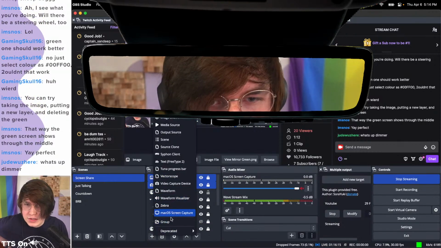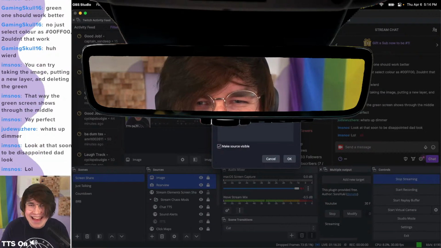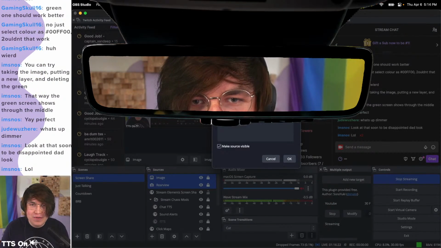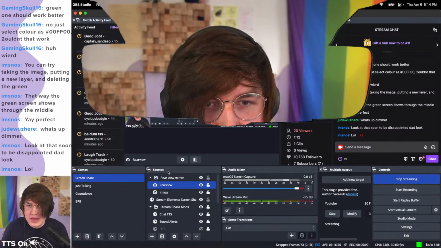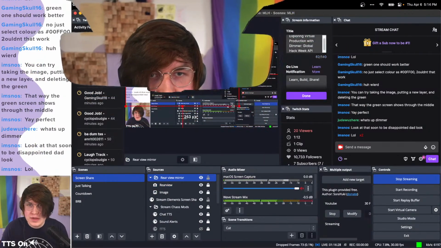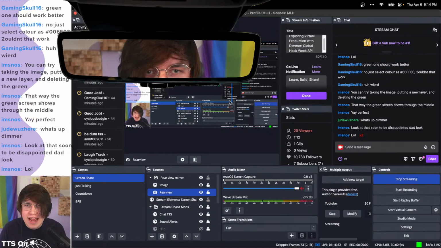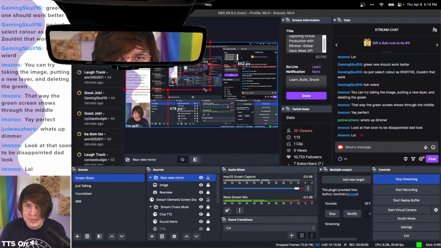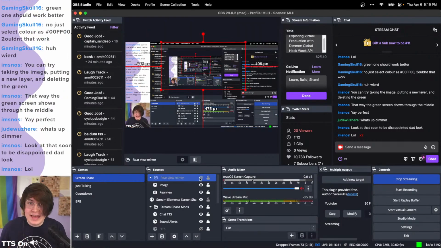Now I'm going to add this to a group. Look at that soon-to-be disappointed dad look. LOL. Rear view mirror. And we add these to that group. And now I can take this group and I can scale it however I want. Hey, there we go. Look at that. Beautiful. And now I can turn that on and off. So if I add this LOL natural